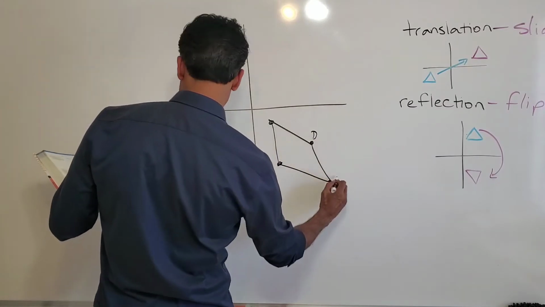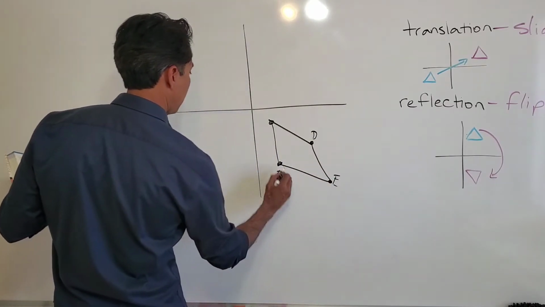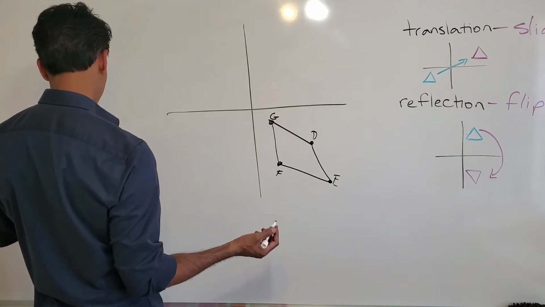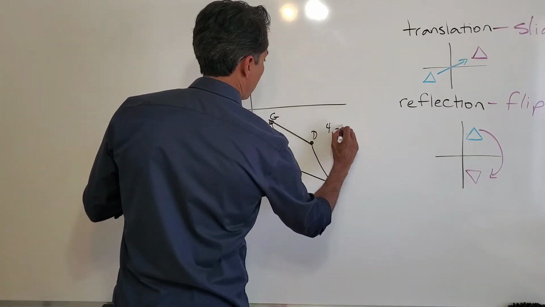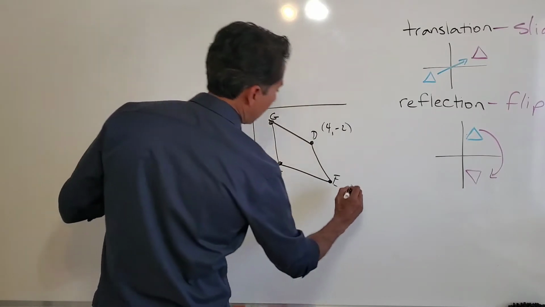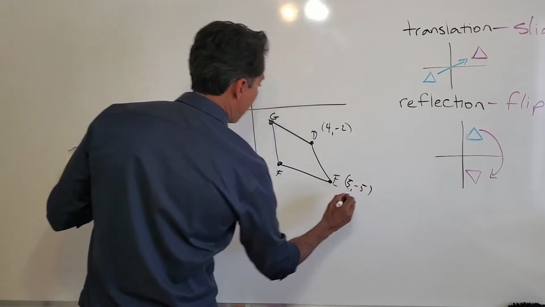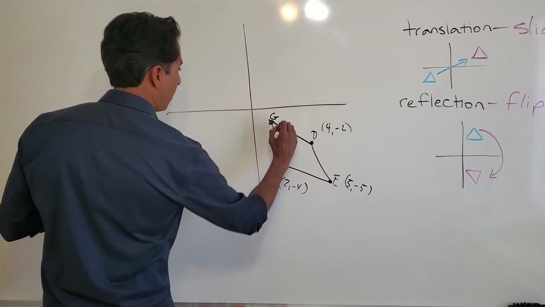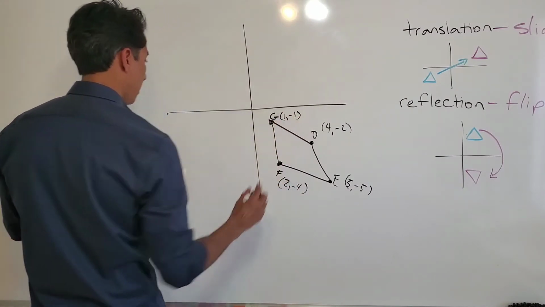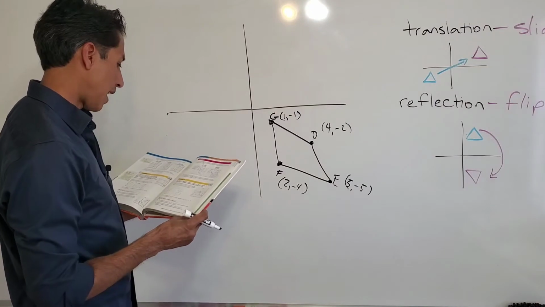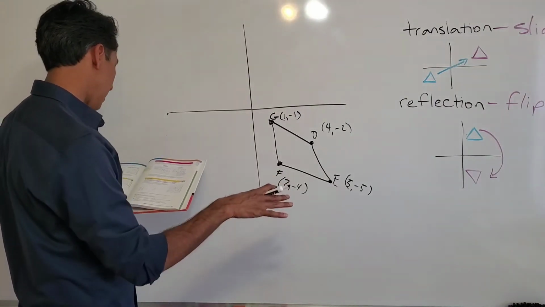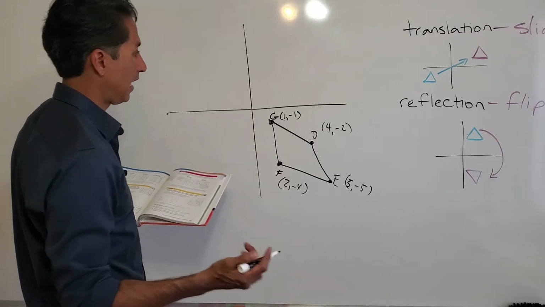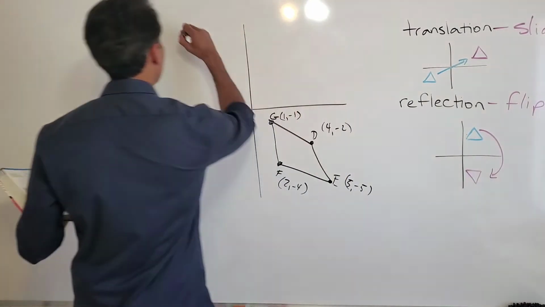I got D, E, F, and G. I got 4, -2, and 5, -5, and then 2, -4, and 1, -1. It says to graph the figure. I did that. And its image